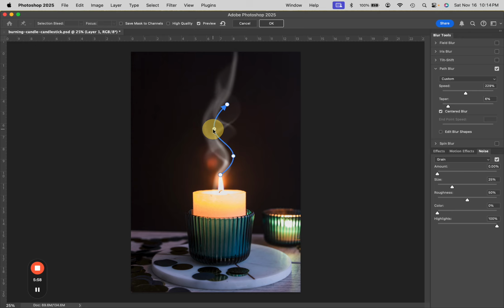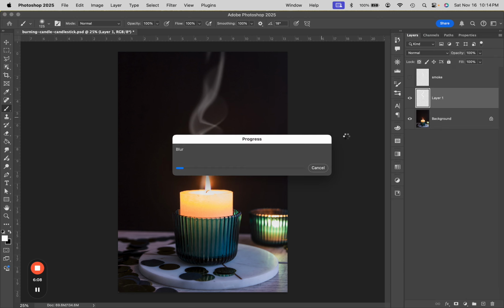So I will do that. I think that looks pretty good. All right, so now I'm going to press OK, and once I press OK, it's going to take a little bit of time to process, but we'll just be patient as it processes. It's kind of neat that this feature allows us to create something that looks so realistic, as if we were able to capture this smoke trail